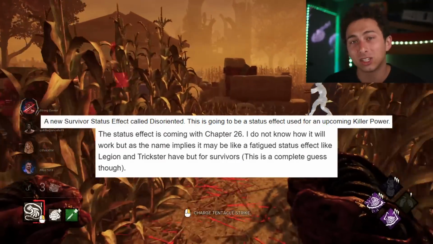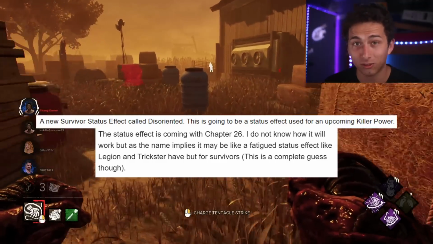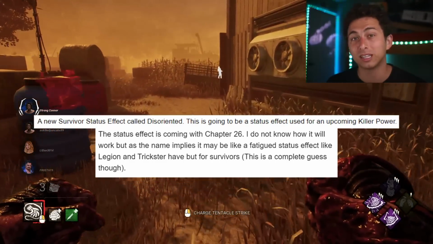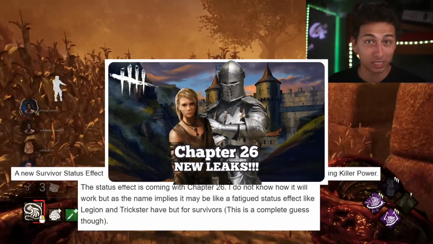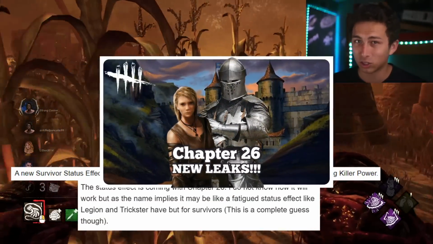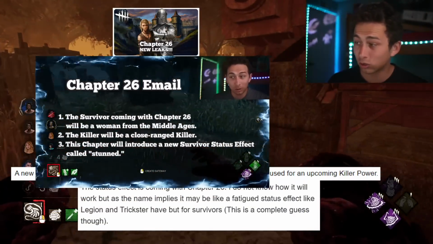And the status effect that Jeff is talking about here is the one that we talked about in the last video called the Disoriented status effect. So as of right now, the data miners think that this is coming in with the night chapter. If we combine these leaks with leaks that we got from a different source in a previous video, it's kind of strange. According to a previous leak, somebody told me that this chapter will introduce a new survivor status effect